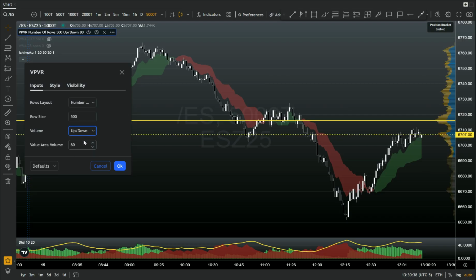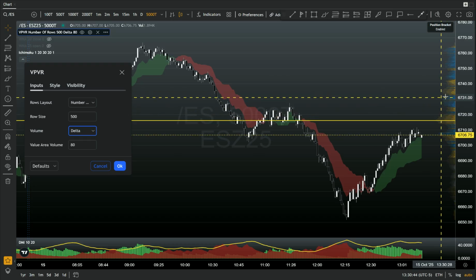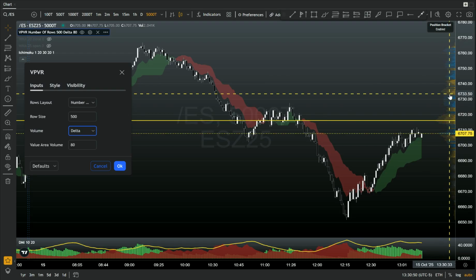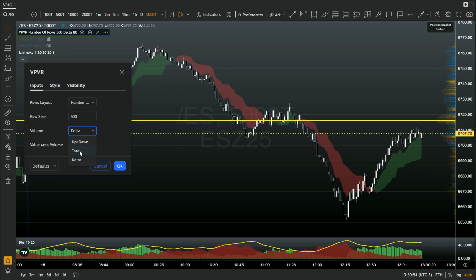We can use up and down volume, which will give us different colors, and delta volume will even give us more information as to, look, this is down volume, but there are more buyers and sellers by changing the different colors. I personally like to use the total because that's really all I'm interested in as far as the volume goes